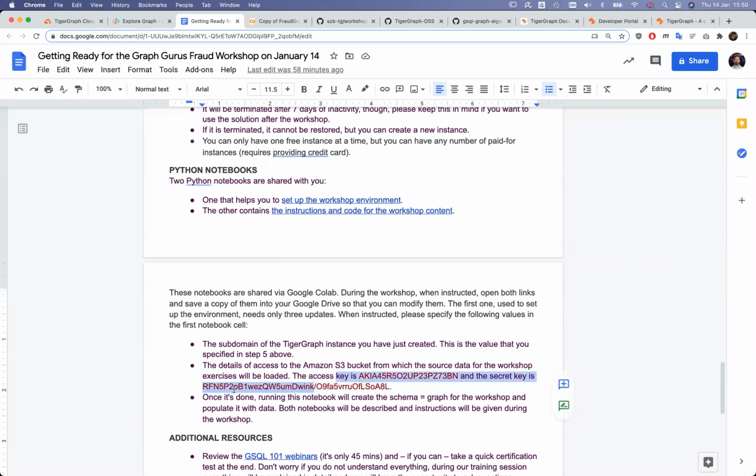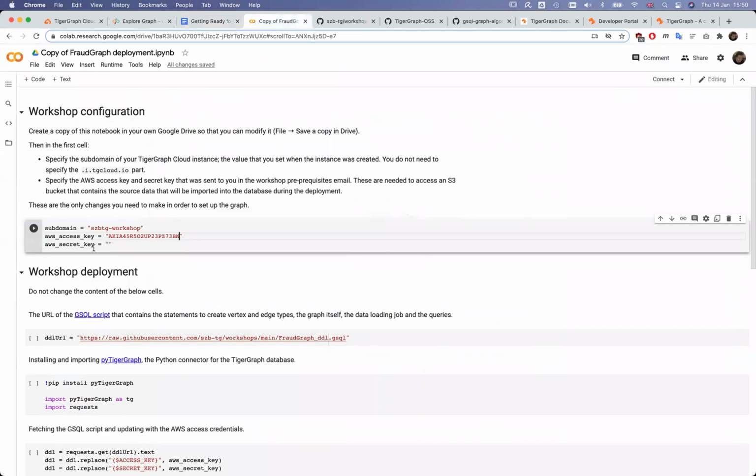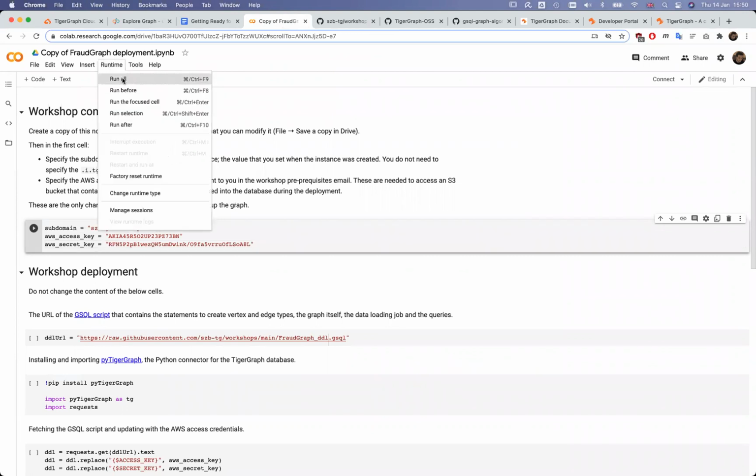Make sure that when you select it, you select the whole secret key, but not the trailing dot at the end of the sentence. Copy, paste. And that's it, really, what we need to do. When it's done, let's start it. Runtime, run all.